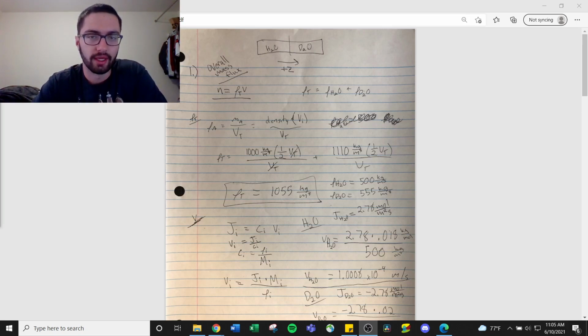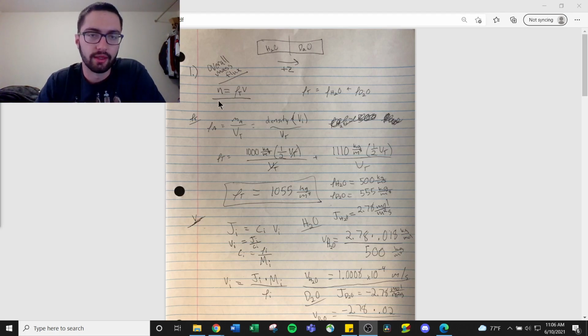The situation we have is a capillary that has H2O water and D2O heavy water in it, and we have even volumes of each. For this problem, I'm going to say the positive z direction is to the right. So the first thing we want to find is the overall mass flux